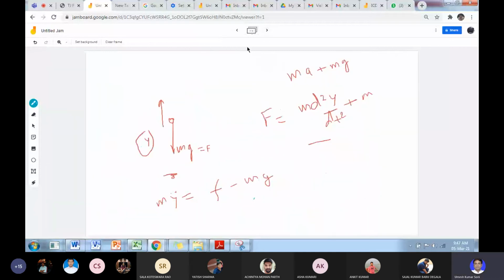First slide is this: how the mg is working downwards and we are moving upwards with y distance. Okay, then what is the total? एक होता है लीनियर मोशन, एक होता है एंगुलर मोशन. एंगुलर मोशन में टॉर्क, and this is related with m d square theta upon dt square.